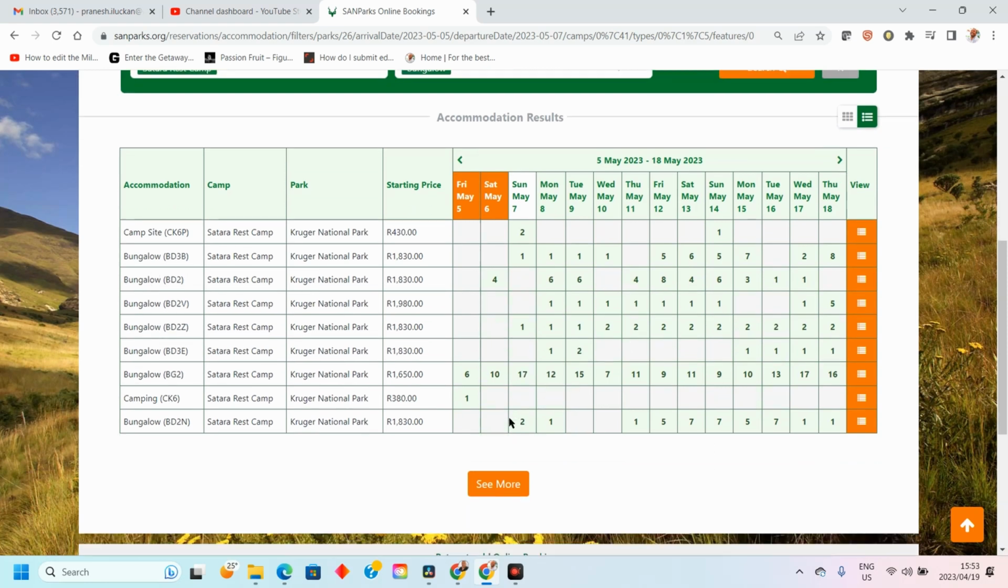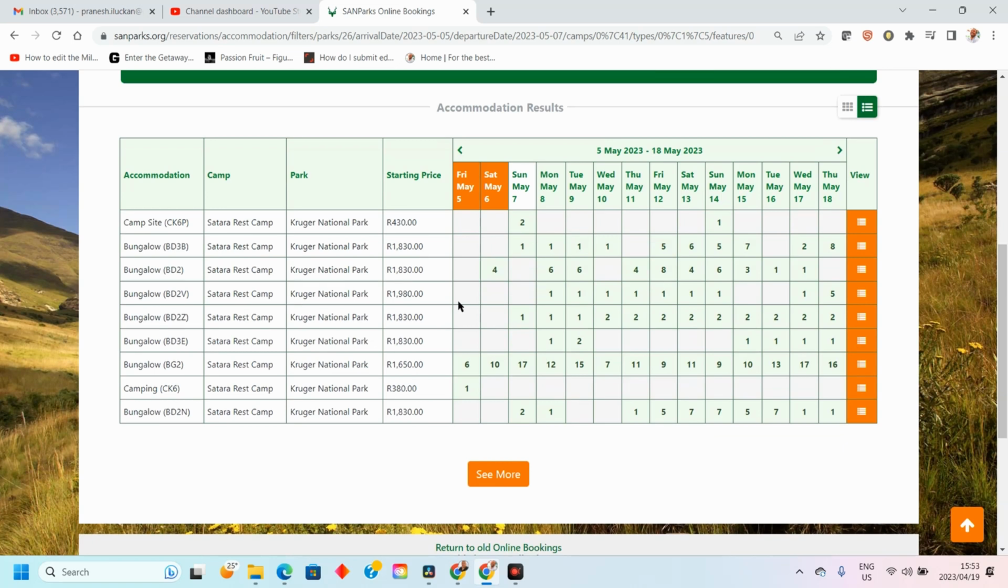So let's say for that weekend, Satara has CK6, which is the camping site. There's one available on Friday, and then you probably have to switch to a bungalow. So you go from 380 to 1830 for Saturday, and you can then camp on Sunday again. There's a campsite available there, CK6P,